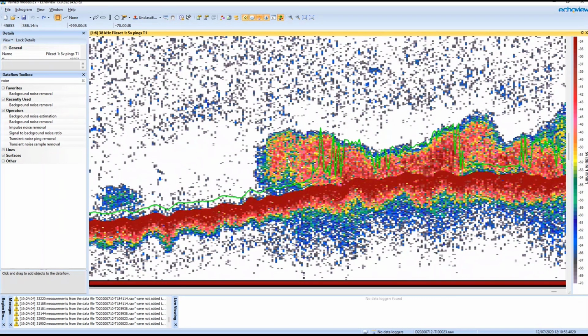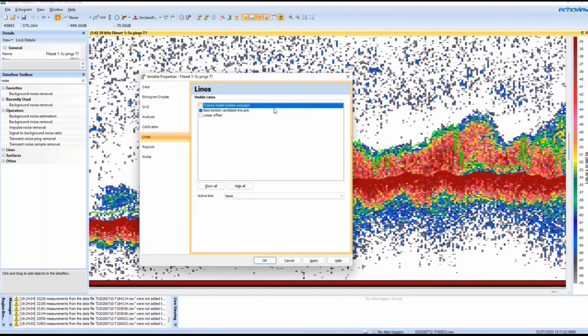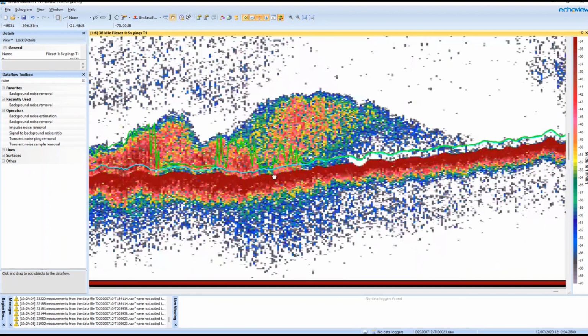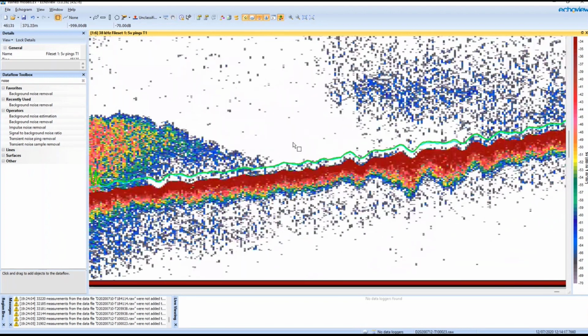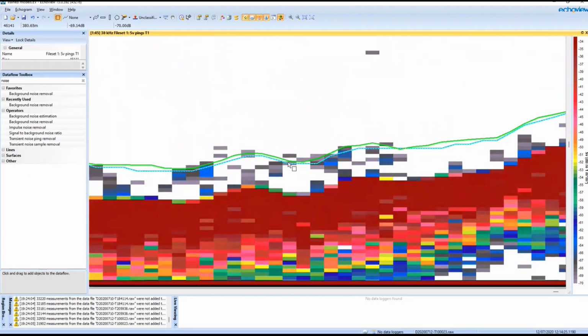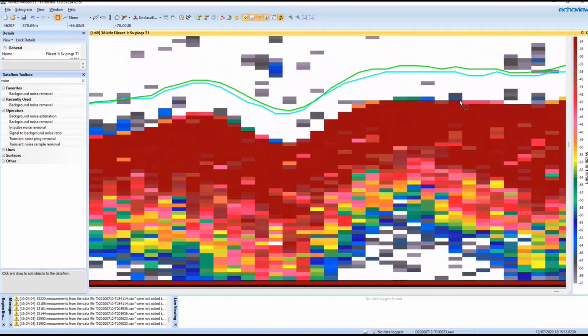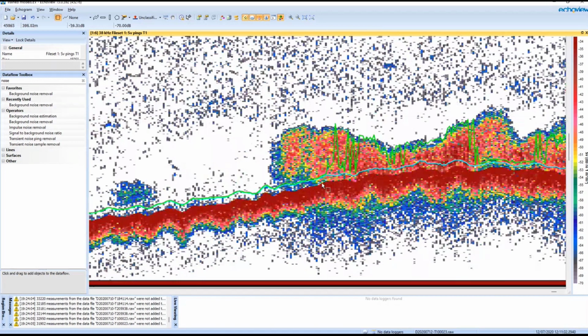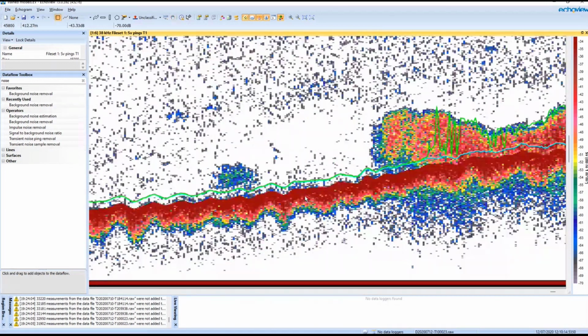So this is where our machine learning algorithm comes in, our trained model bottom exclusion line. I'll make that visible. This is the blue line that you can now see on the screen. And we can see that this worked really well where the school is here. In areas of the data where not much is happening close to the bottom, the two lines are pretty similar. Where the school is, much better result with the machine learning approach.